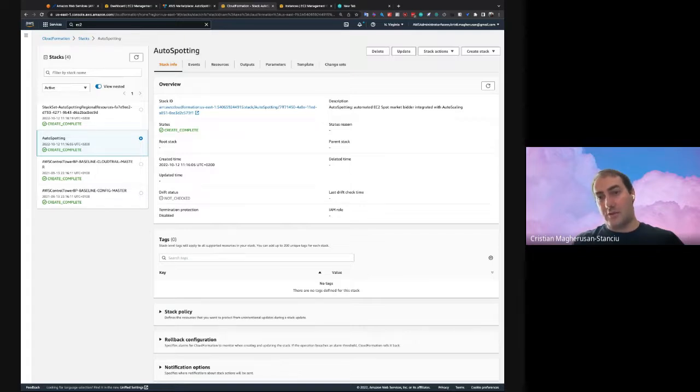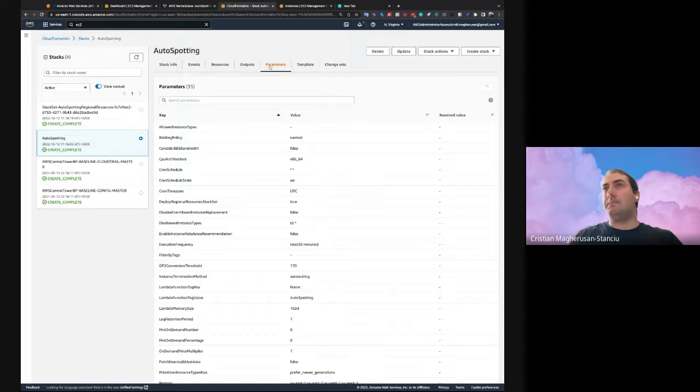not going to do anything unless you tell it to do things. The way it works is implemented as a Lambda function that takes events from your account, and those events have to meet certain conditions to be handled. The main events come from launching instances in auto-scaling groups. Whenever a new instance is launched, it will trigger Autospotting. We look at that instance to see if the auto-scaling group that it belongs to is tagged in a certain way.